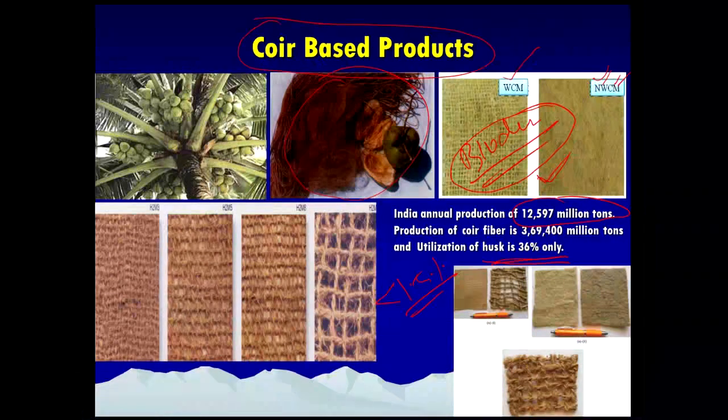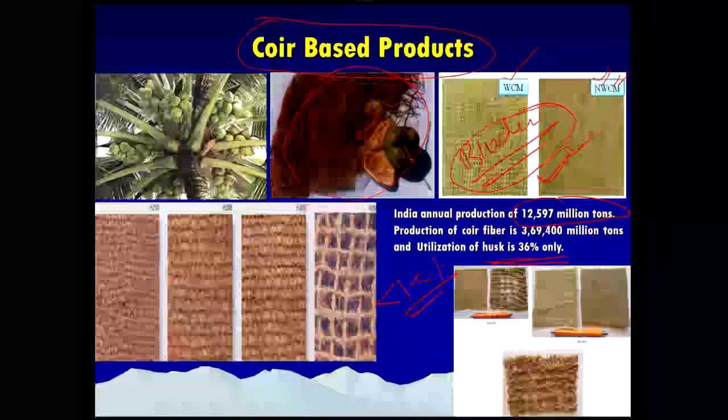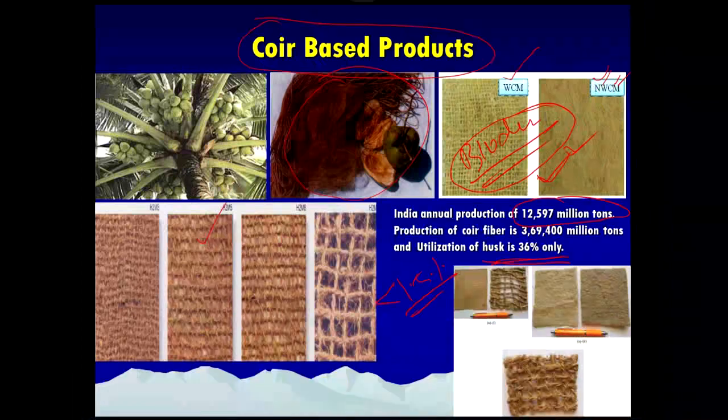We have made some studies at NIT Warangal. I'll show you, as we go through the presentations, what is important and what the findings are on the use of these geotextiles. These geotextiles are abundantly available in the southern part of the country, Kerala especially. We have a coir board. A lot of studies have been done in India, and people have started using this